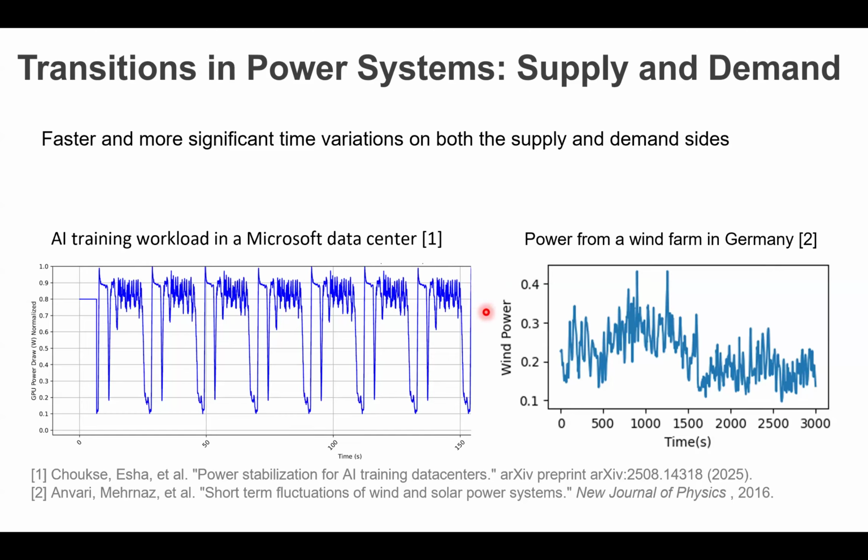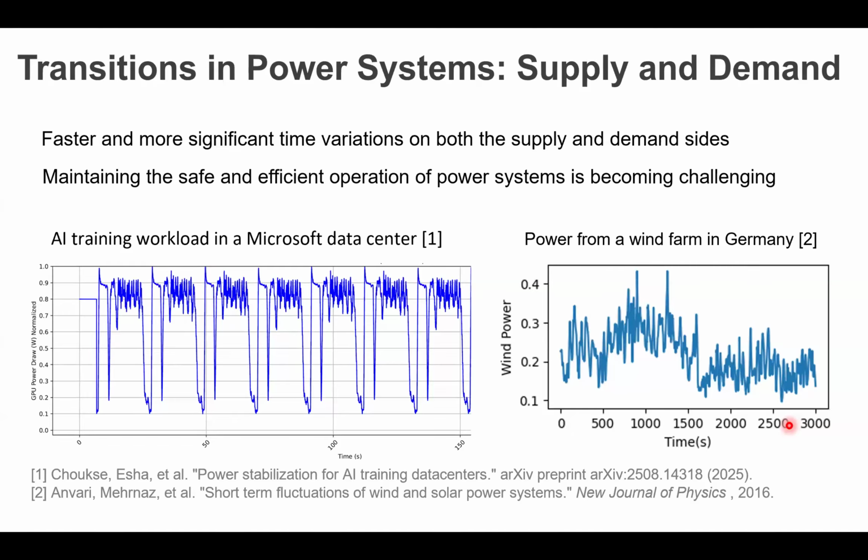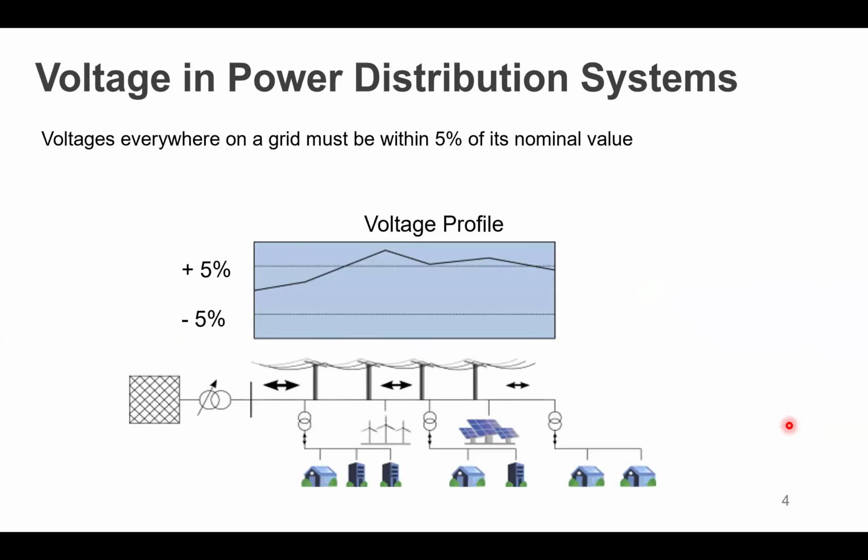Similarly, the right side is power from a wind farm in Germany. You can see they also have very large time-varying oscillations and fluctuations. Altogether, this makes maintaining the safe and efficient operation of power systems more challenging. One of the most important metrics for the safe operation of power systems is the voltage. So in this talk, I will specifically talk about the impact of the power